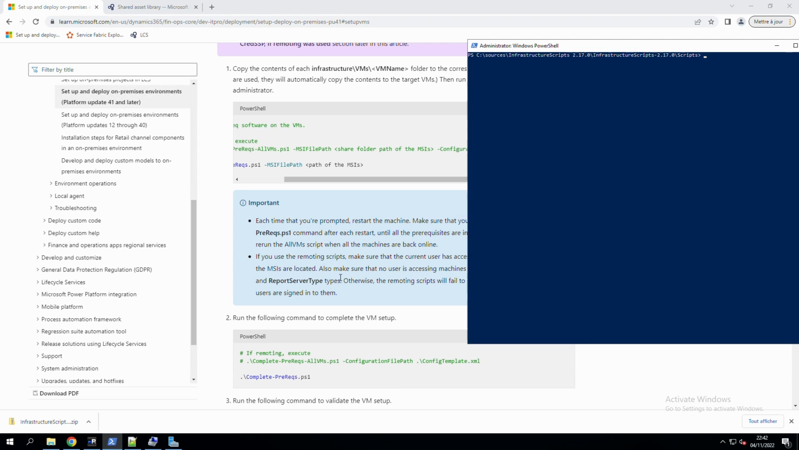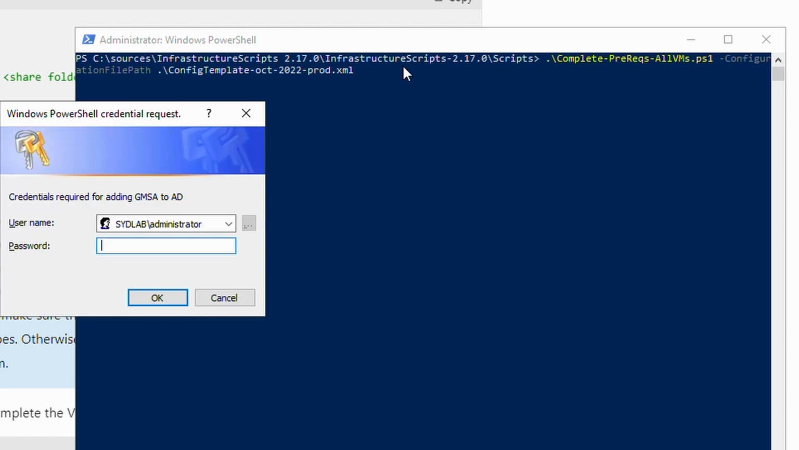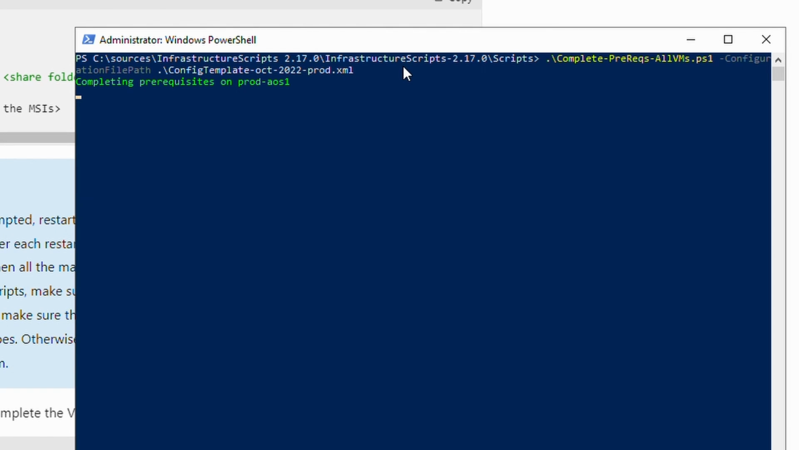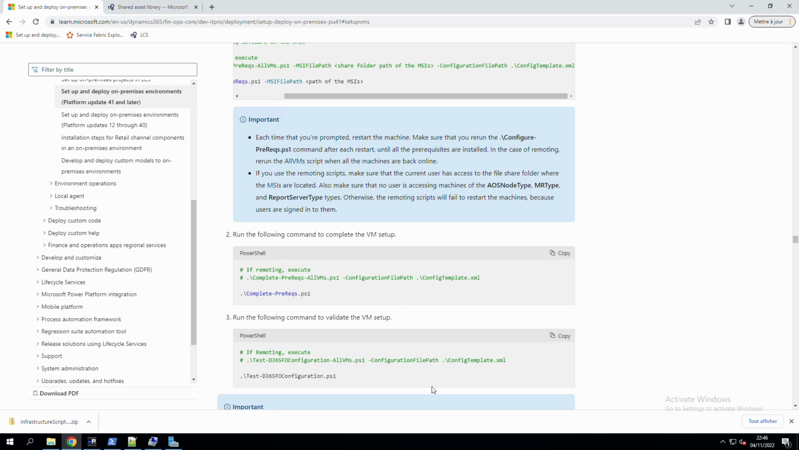Back to the step-by-step, we will run the following command to complete the VM setup. Again, I will use the green command because I am using the remoting. I will resume the video as soon as it's finished. Now it's done. The last test command allows us to validate that the different VMs meet the requirements to deploy